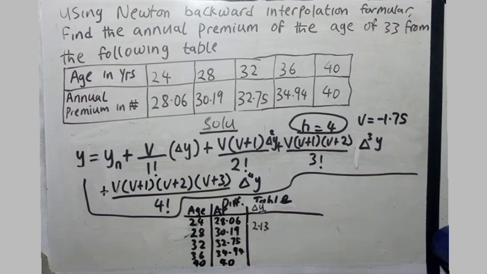We are having 2.13, and 32.75 minus 30.19, that is 2.56. And for 34.94, we're subtracting it from 32.75, and we have our answer to be